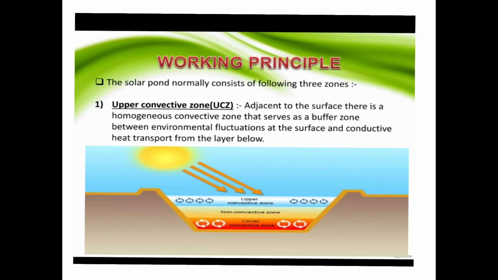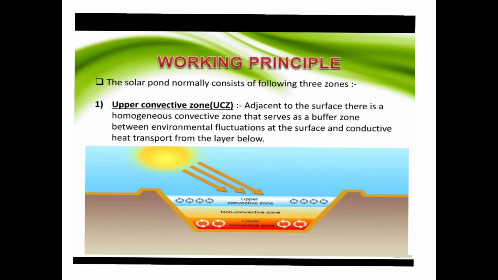The working principle of solar pond. The solar pond normally consists of the following three zones: upper convective zone, lower convective zone, and intermediate gradient zone. First, we see about upper convective zone. Upper convective zone is adjacent to the surface. It is a homogeneous convective zone